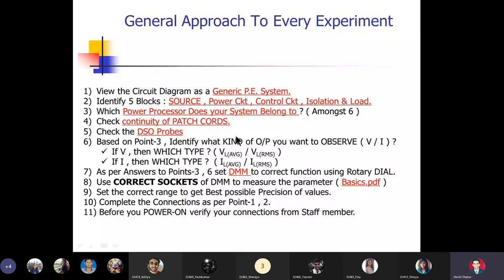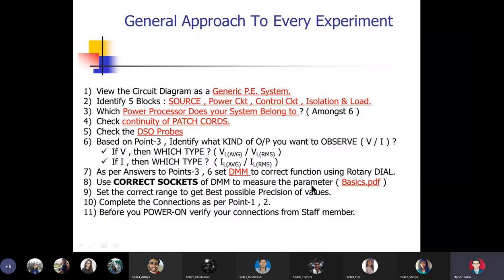So if you do not check the continuity of the patch cord and it has some break inside it, then when you switch on the power supply, the voltage does not get applied to the gate of MOSFET at all. Similarly, if there is a break in some patch cord and that particular cord is carrying a current, then the current will not reach the output resistor and you will get the load voltage reading as 0. We do not want anything like this to happen. That is why once you pick up a bunch of patch cords for making connections, it is mandatory to check the continuity of each and every patch cord using a DMM. How to check it, we will revise soon.